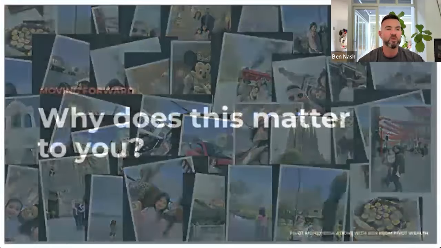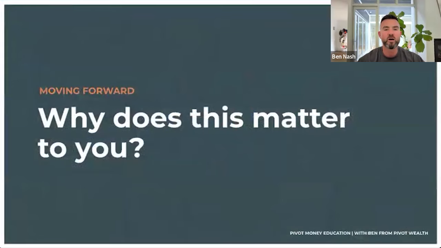And so what I'd love to know for you guys, just so we can really frame up your thinking around this stuff is, why does this stuff matter to you? Like, what made you show up today? What would it mean for you if you were able to cut your tax and get ahead faster from your investments? What would it mean if you could replace your salary, your employment income with investment income, and have total confidence in what you're doing as well? I'd love for you to just take 30 seconds and just pop that into the chat.